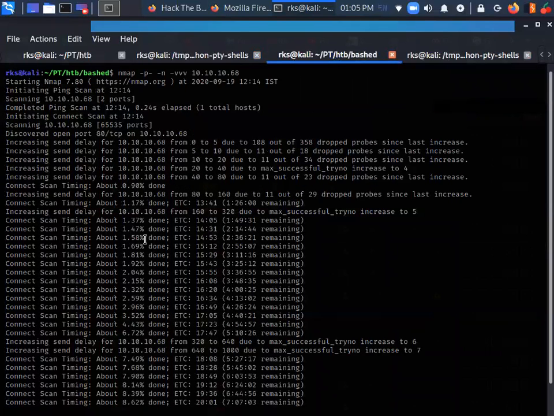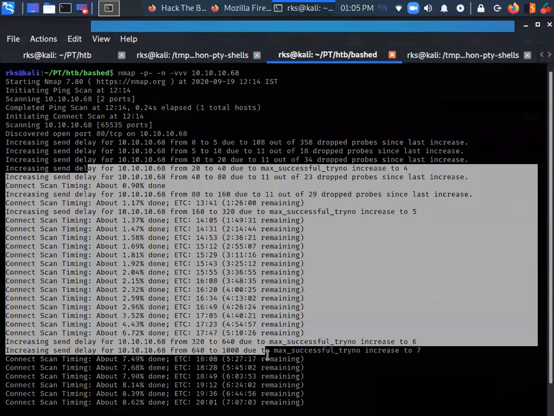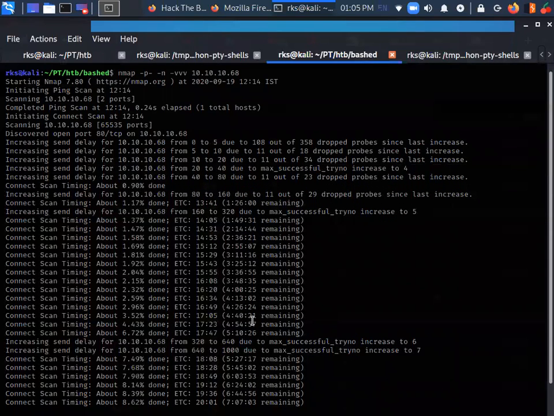See, our whole machine is rooted, but this nmap scan did not finish. Same is the case with the UDP scan as well. If we run a UDP port scan, it is also going to take a lot of time.